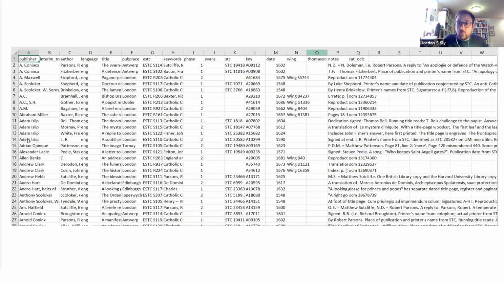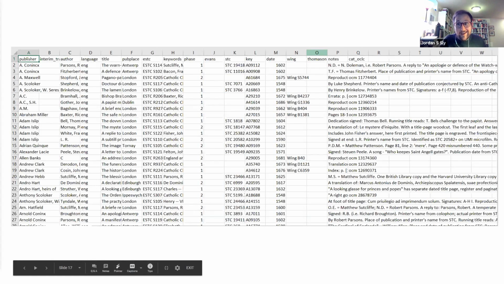For the analysis software, what is more helpful is the fact that Adam Islip appears 4 times here. What that means is that this in and of itself becomes data, right? The fact that Adam Islip is here 4 times is in and of itself data. And that's an important sort of orienting module to think about as we move forward through this. Every aspect of this spreadsheet is analyzable. Okay.